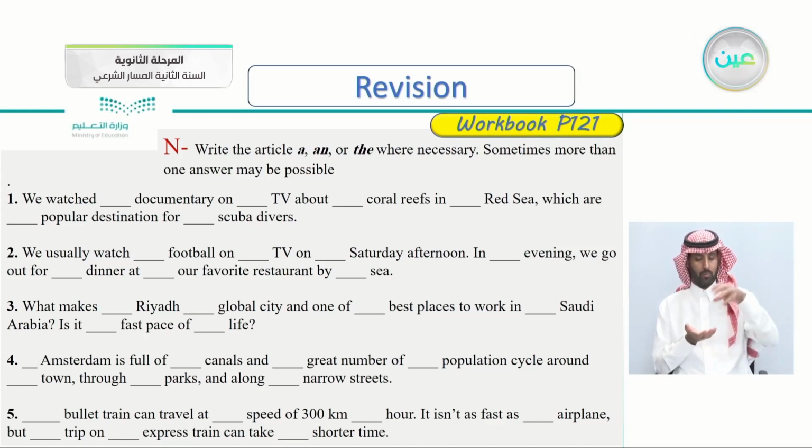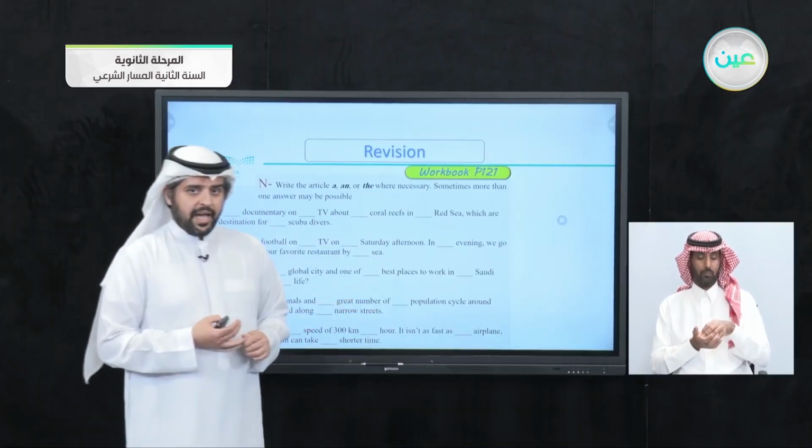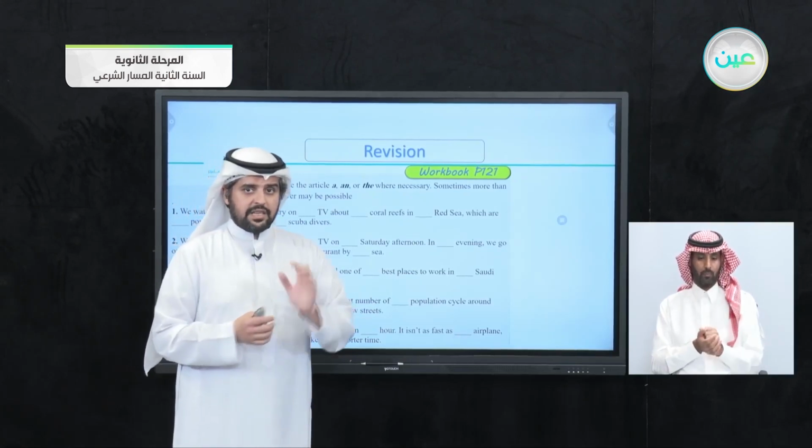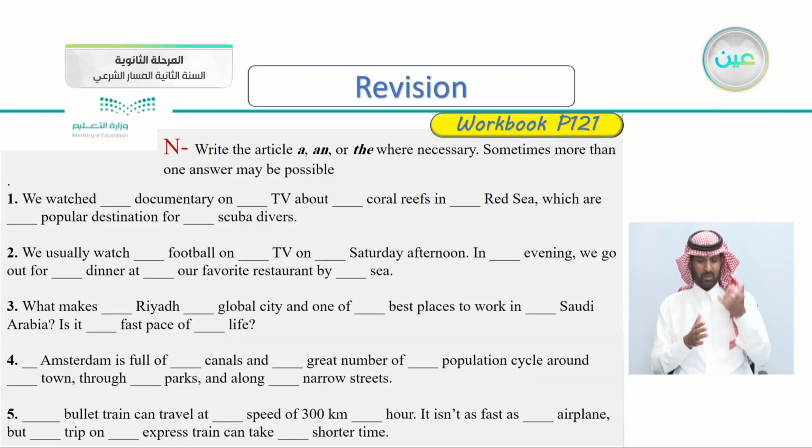Jumping on to the next exercise, exercise N, write the article a, an, or the where necessary. Sometimes more than one answer may be possible. So in each gap, we write a, an, the, or just leave it when necessary. And remember, sometimes more than one answer may be possible. So number 1, we watched a documentary on TV. We have 2 gaps here. We watched, yes, a documentary, or you can say the documentary if it's well known, on TV, that's correct, about,